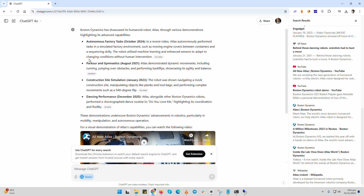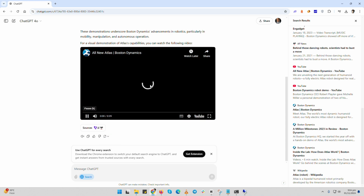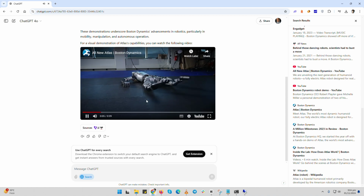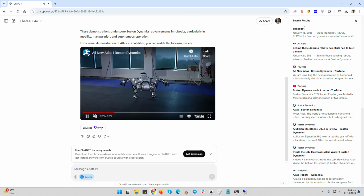Not only does ChatGPT give you the highlights of the demo, but it also provides background information about the Atlas project and its development. This can be super helpful if you want to know more than just the headline details. And that's it. Using ChatGPT to search for information about tech demos like this one is a great way to